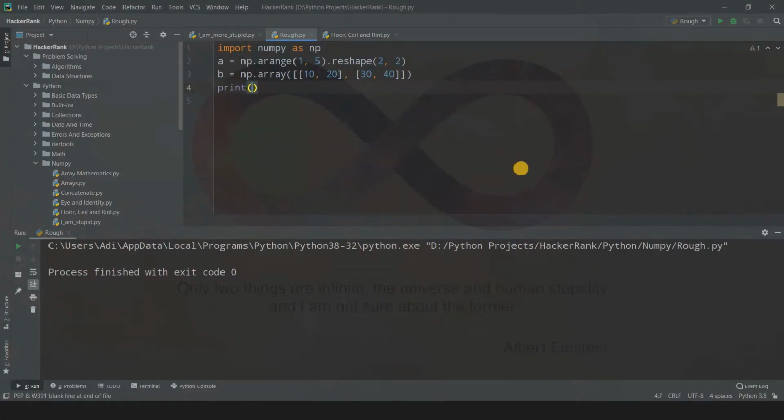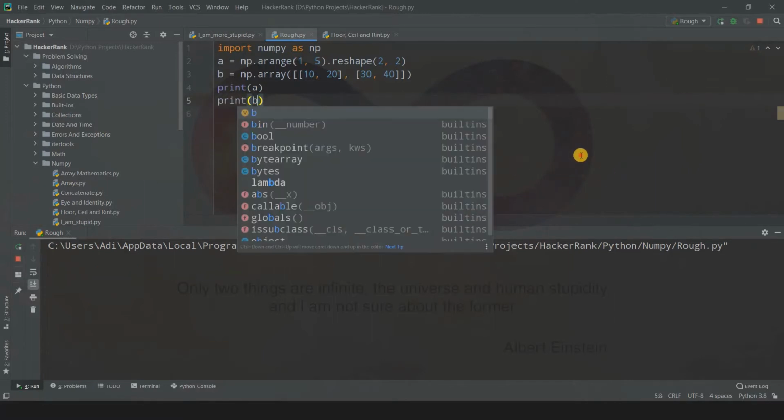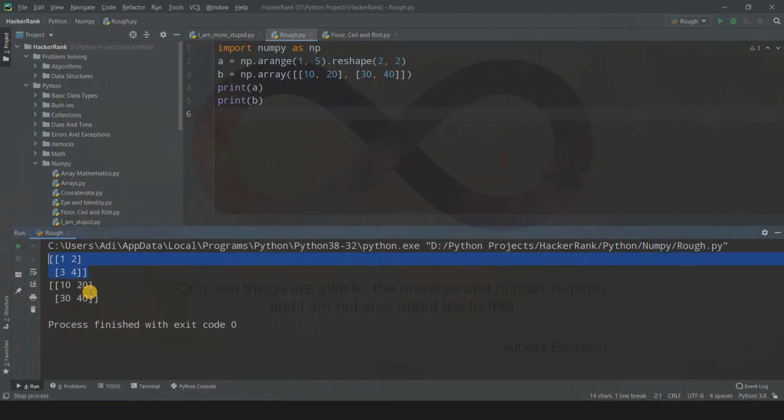So first of all, I'll do one thing. I'll print out this array A and B. I have already written them, and okay. So when I run this code, see, I have this array A and this is the array B. This is nothing but a matrix. So it has 2 rows and 3 columns. You can assume them to be the box thing that I showed you in the previous video, right?